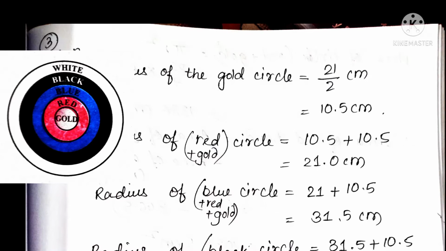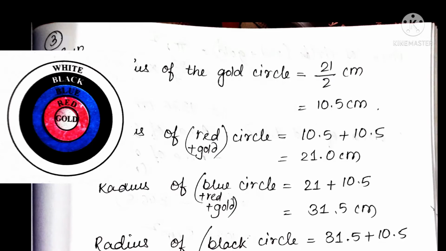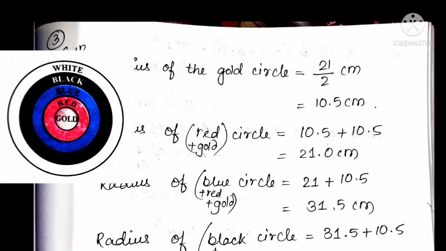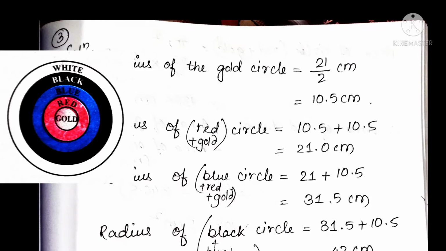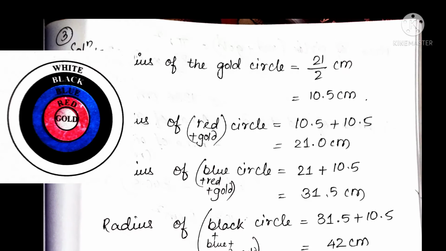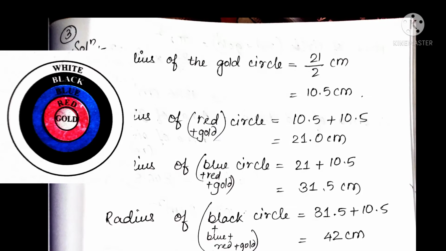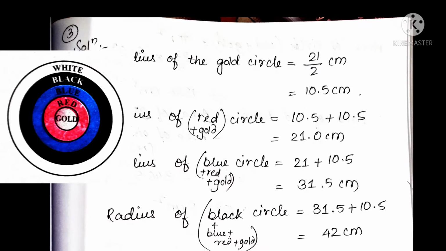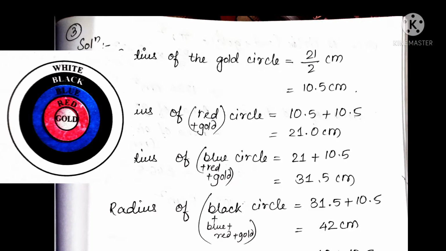Here you can see an archery target marked with 5 scoring regions from center outwards as gold, red, blue, black and white. So in the center the circle is the gold circle, then there is a band of red part and then again there is a band of blue, then there is a band of black color and then there is a band of white color. So here the radius of the gold circle is given